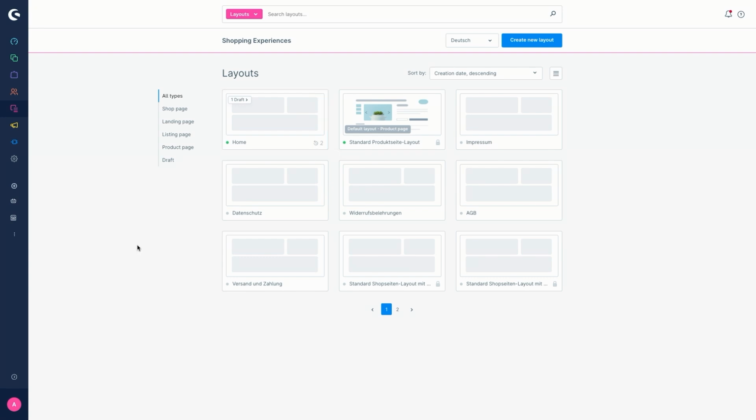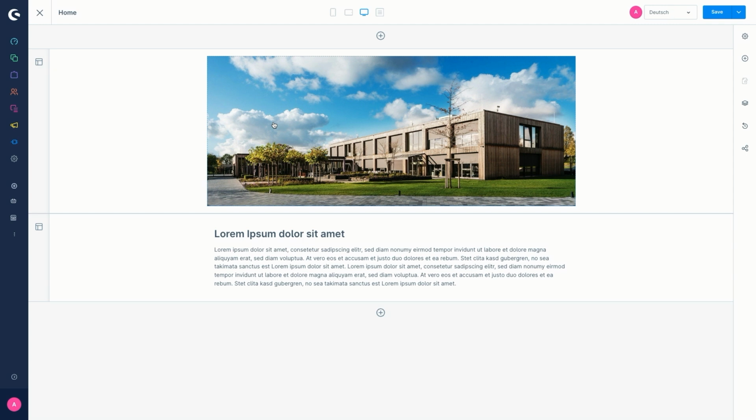At last, I want to show you the activity feature of the Shopware Publisher. So for this, just open a layout. You can open the draft or a live version. That doesn't matter here. And now on the right-hand side above the layout assignment, you will find the menu item Activity. This is this button here.